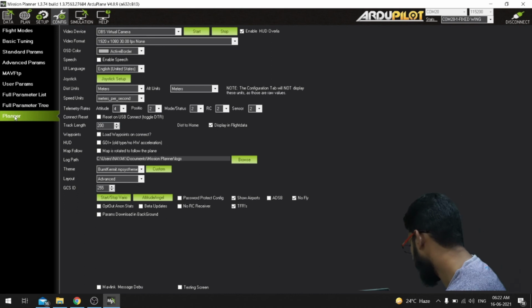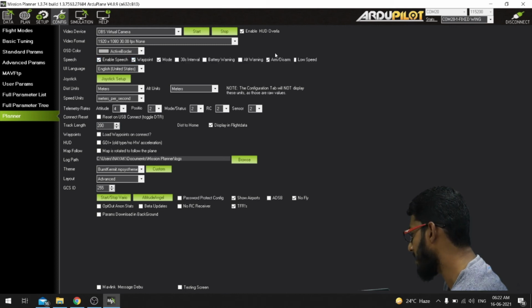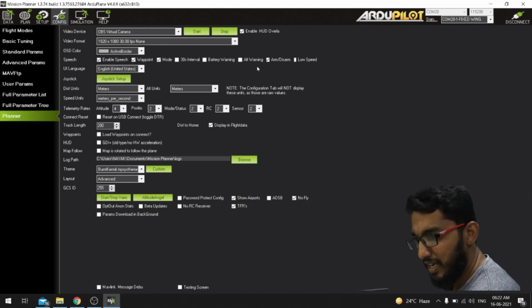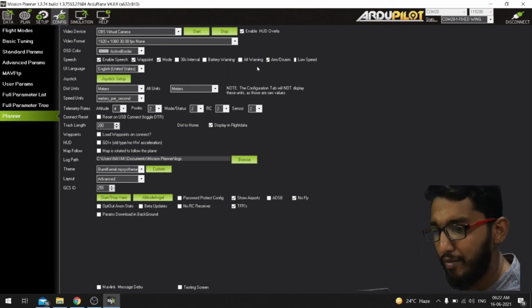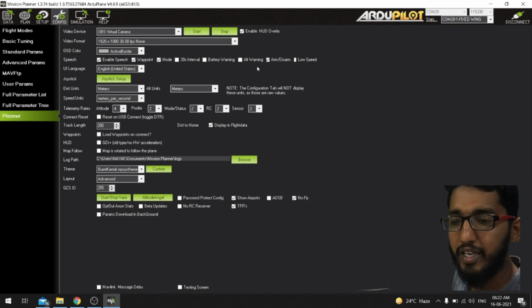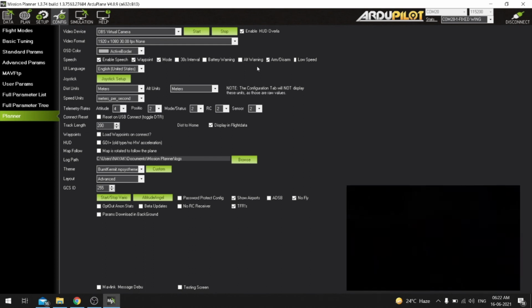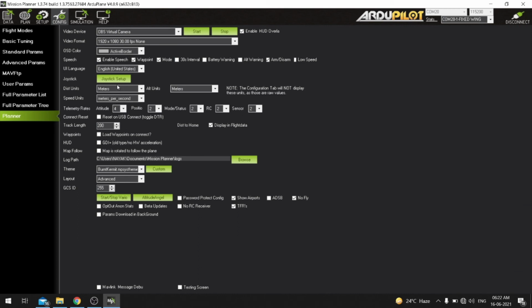So when you go to planner, you can see this option, speech. If I enable speech and click on all these points, like bad compass health, then within the limit of that setting, the mission planner will prompt me. There is a compass error or there is a GPS error. Whatever errors it finds, it prompts me. So this speech option enables me to work with this type of options, and I also have different languages. I want my mission planner to speak to me in English only, so I keep it English. Or if you want Chinese, you can keep it in Chinese as well.